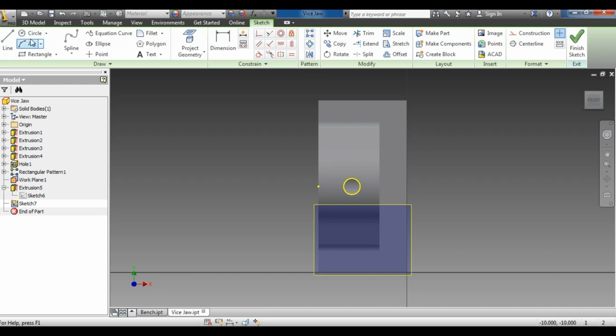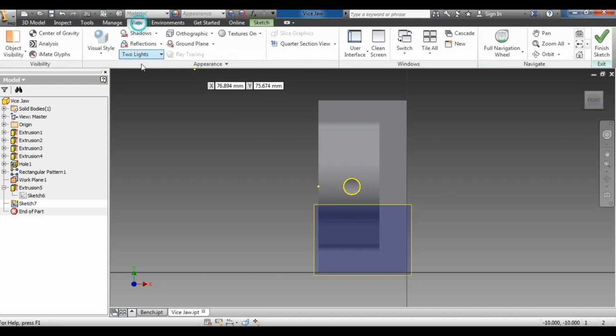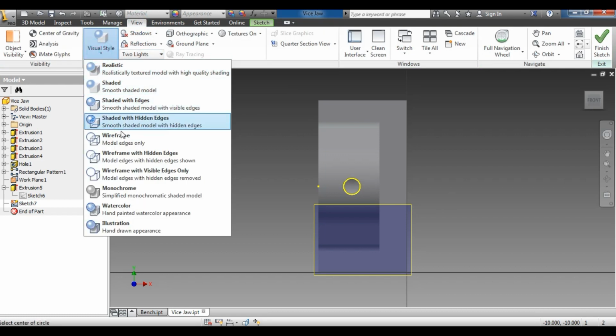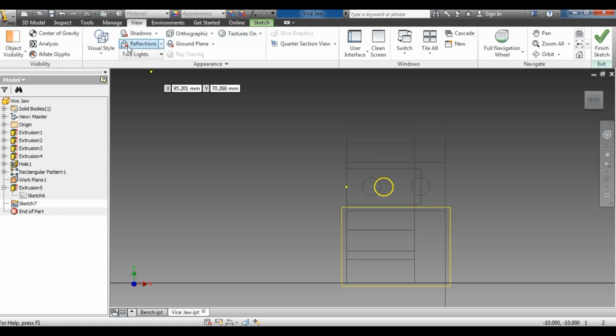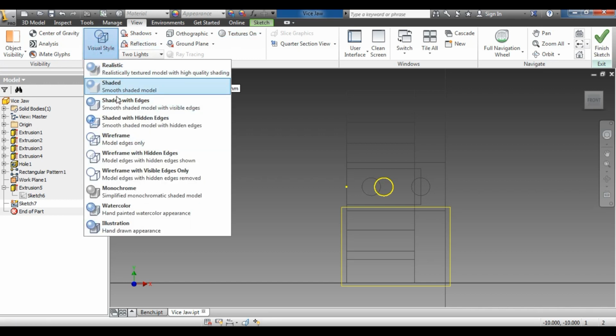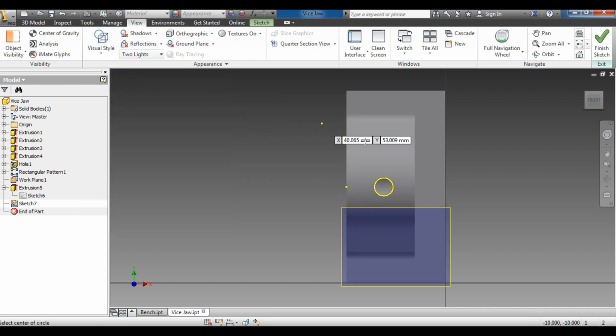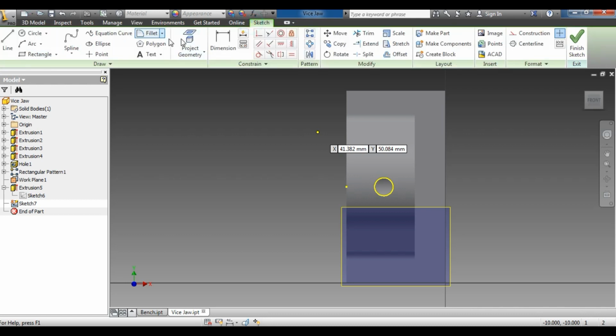I take the next circle, but you won't get any center point over here. So for that I'll go to wireframe mode, and sorry, shaded, and I'll go to this project geometry,